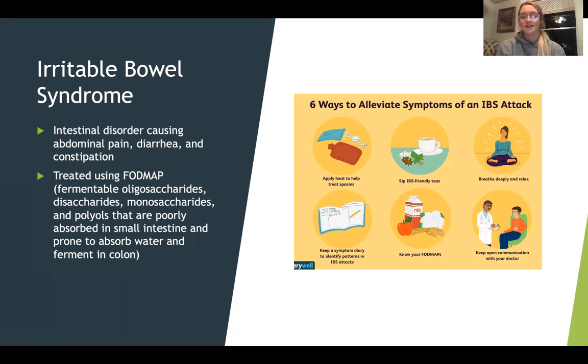FODMAP stands for fermentable oligosaccharides, disaccharides, monosaccharides, and polyols, all of which can be poorly absorbed in the small intestine and prone to absorb water, and they can ferment in the colon, which can cause gas, and it can be extremely painful as well, as gas pain can. Luckily, there are certain things that can alleviate symptoms of these pains associated with IBS, including IBS-friendly teas, heat pads, breathing deeply, and relaxing. Higher FODMAP foods could cause more of these issues as well, gas pain and then other problems, which I'll explain more in the